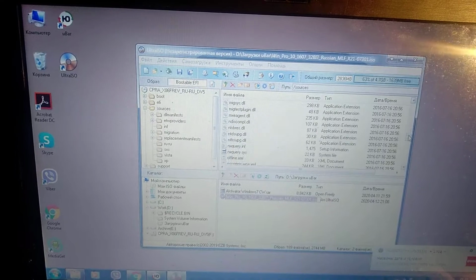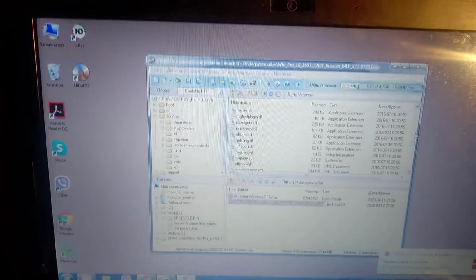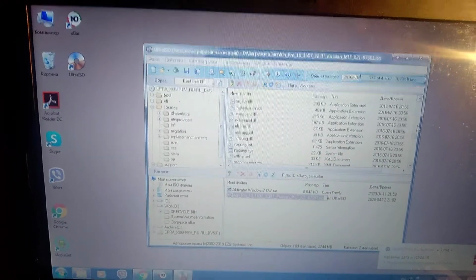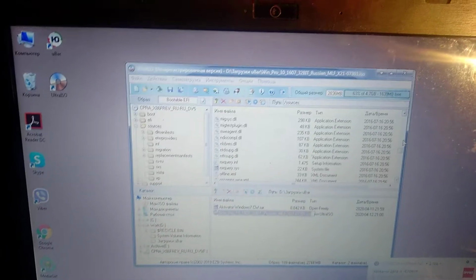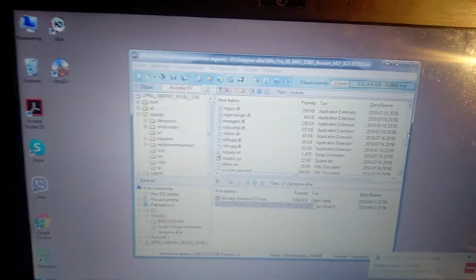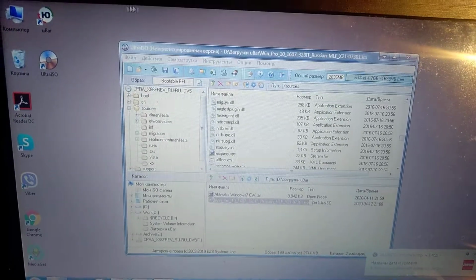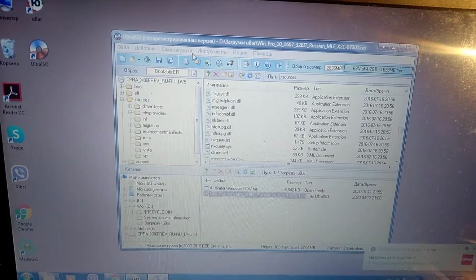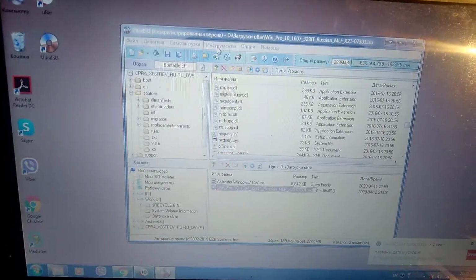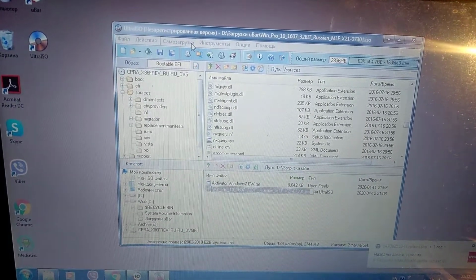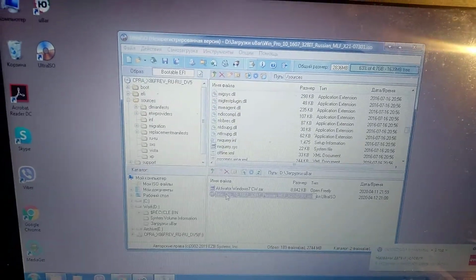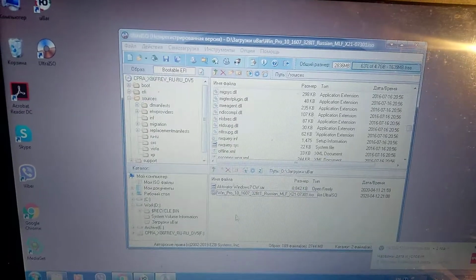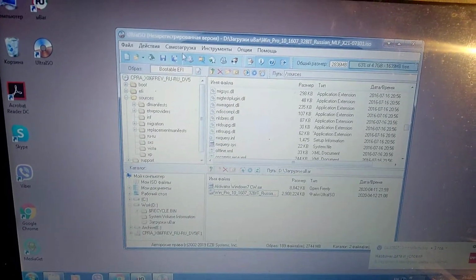You can also make it a virtual CD or DVD-ROM and just run it, run the installation of Windows like from a real CD, like from a real disk. So let's choose this file, and here you can see